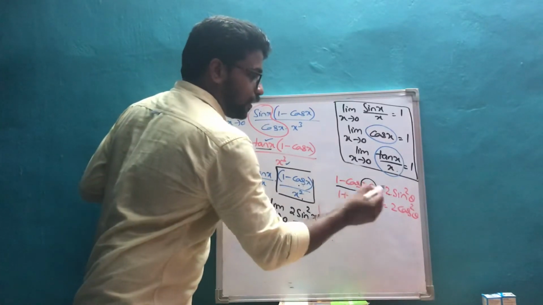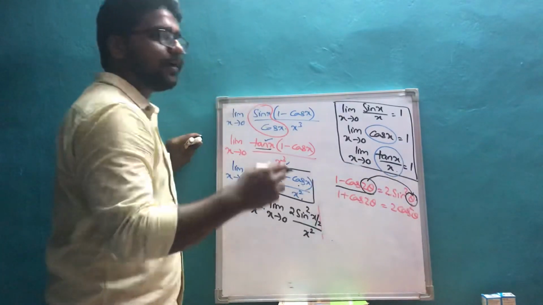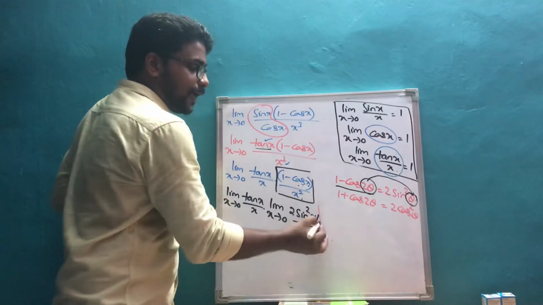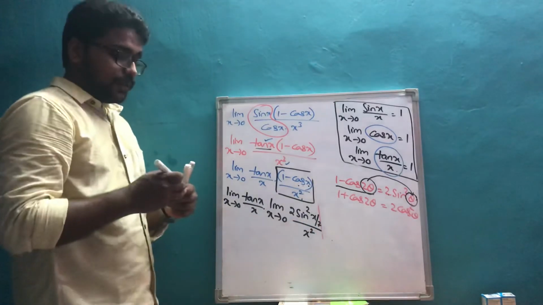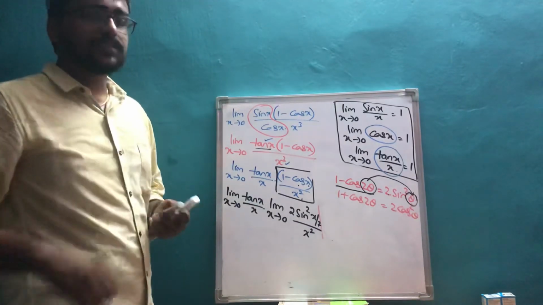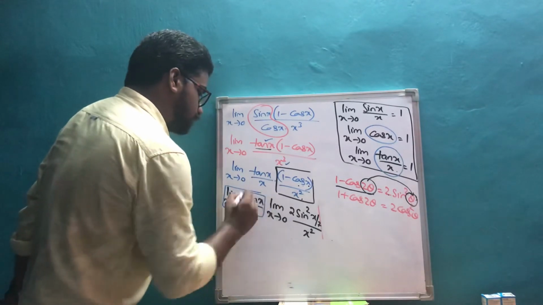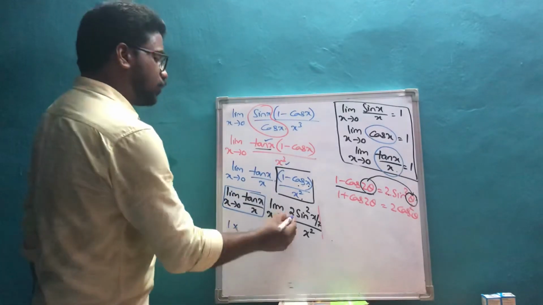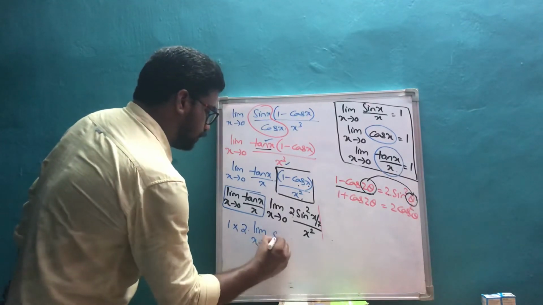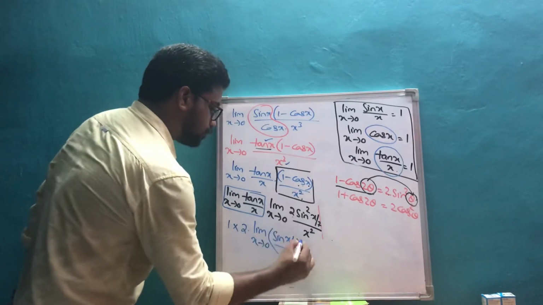This is 2 theta, but this is theta. That means half of this angle is coming in the answer. Similarly, this is x here, half of that angle is x by 2. Once you are able to get this type of logic, your calculation part will become simple. So we know that limit x tends to 0 of tan x by x is 1. 2 is a constant, it can be pulled out. Limit x tends to 0, this is nothing but sin x by 2 by x whole square.